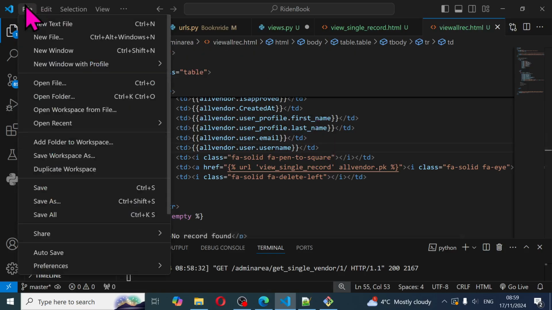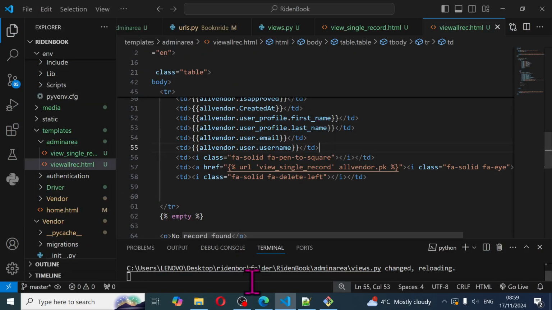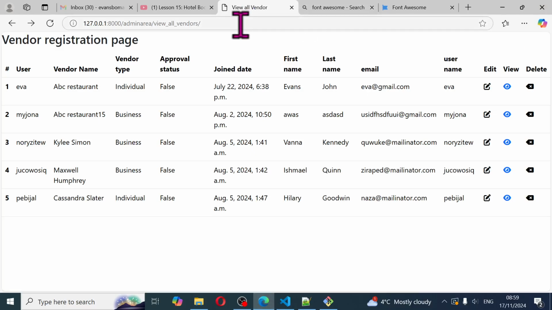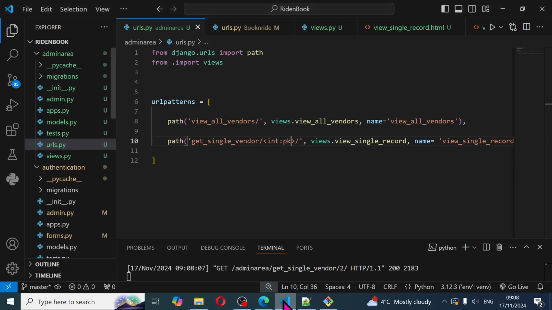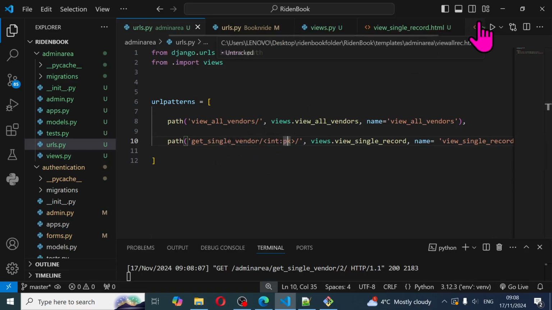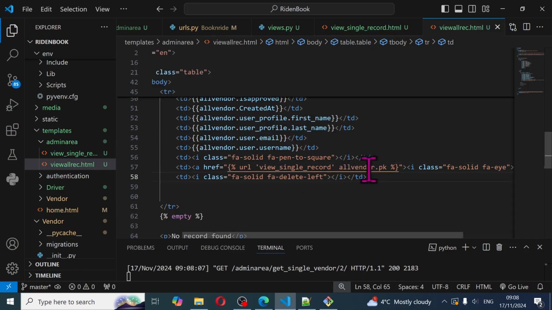So yeah, that's it. Go to file, go to save all, and then I'm going to refresh my page, so then I can view any record now. It has given me the single record for this particular user. So like I said, just maintain pk everywhere. Your url should be int:pk, and on your html it should be all_vendor.pk, so this all_vendor has to be